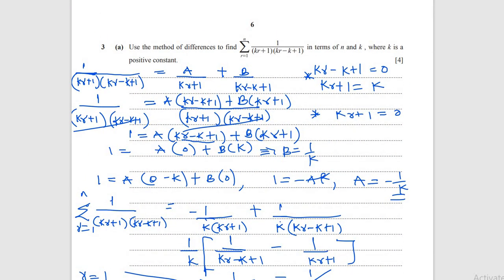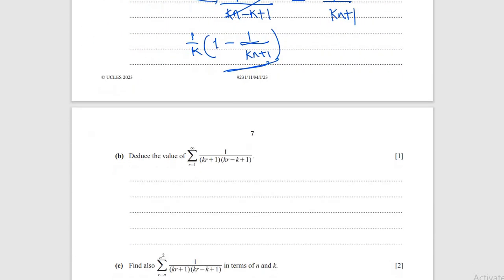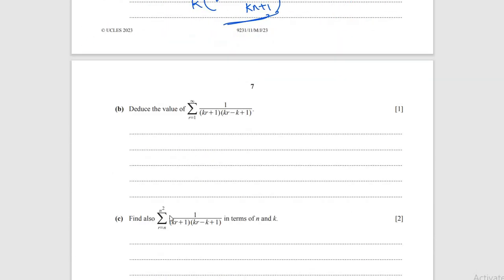They said we should use the method of differences to find the sum in terms of N and K, where K is a positive constant. This is it. That's it. Second one, we have to deduce the value of